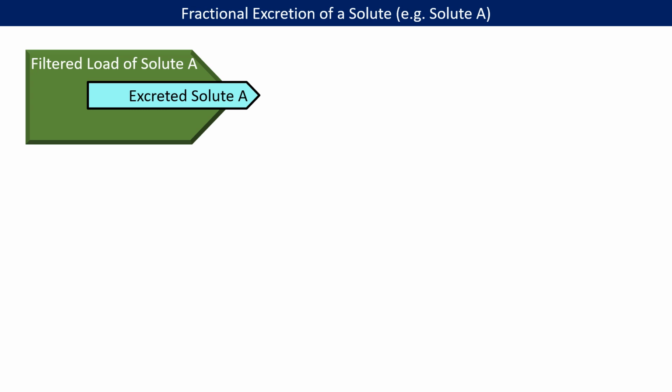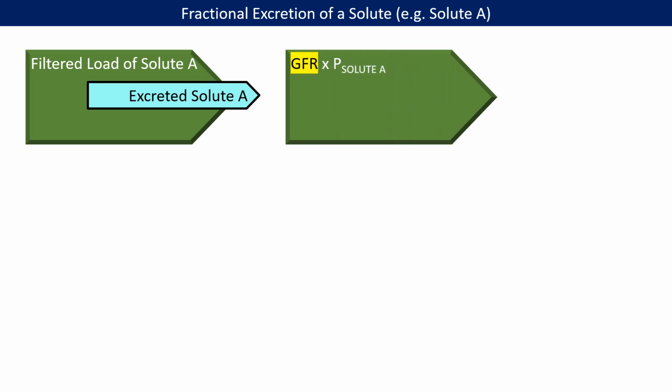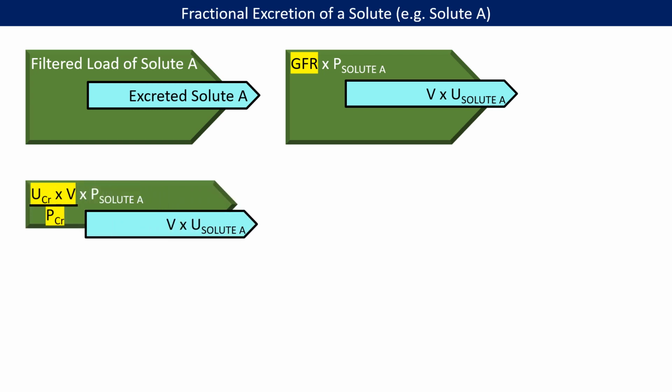The filtered load of a specific solute, let's call it solute A, is the total amount of solute that is being filtered. The filtered load is equal to the rate of glomerular filtration times the concentration of the solute in the plasma. The amount of solute A that is excreted is the urine output rate times the concentration of solute A in the urine. As we previously discussed, GFR can be estimated by creatinine clearance, or UV over P of creatinine, where U is the urine concentration of creatinine, P is the plasma concentration of creatinine, and V is the